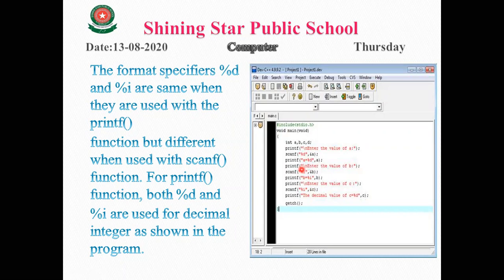Then we must use the input function. If we use only the output function, please enter the value of b, the user cannot enter the value of b. If the user enters the value of b, let's suppose 15, the controller cannot store 15 in any variable because we don't use the input function.